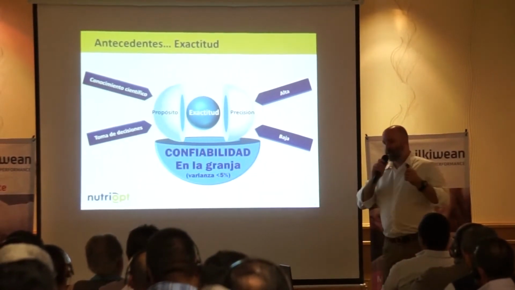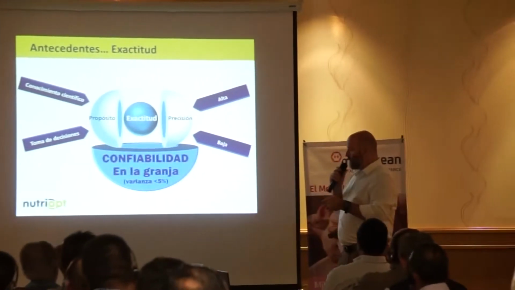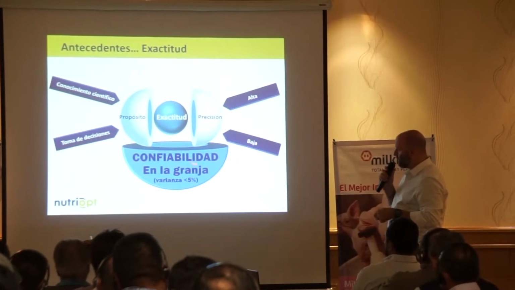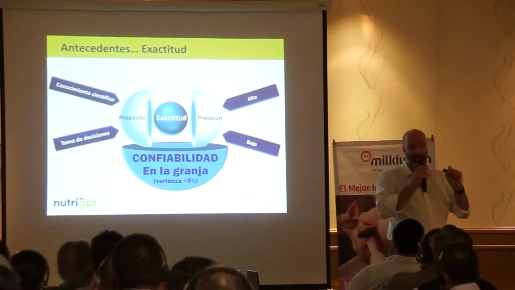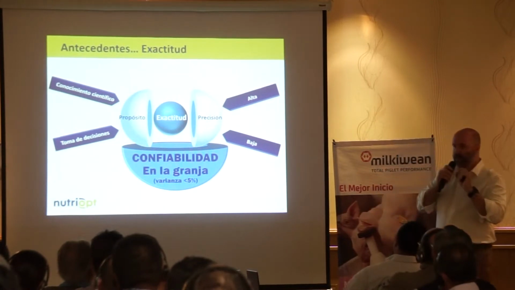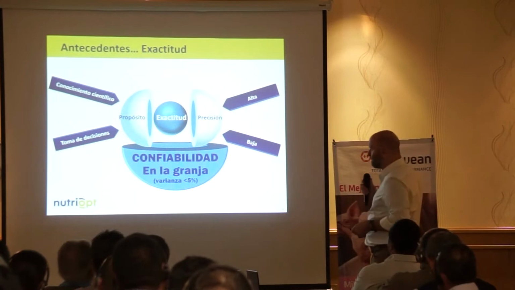So really our end goal when it comes to running a program for anybody is that we want to see a minimum of less than 5% variation from reality. We have to be over 95% accurate, otherwise that result is not acceptable to us, and we will figure out what went wrong in the prediction.